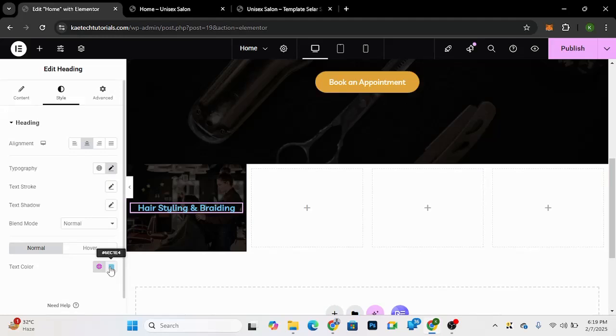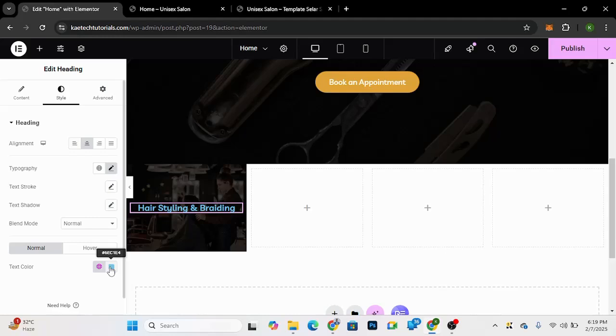All right, but when you hover on it, I want it to be a different color. So when you hover on it like this, I want it to be the color that I saved, the orange color that I saved, this particular orange color over here. So when somebody hovers on it, this is how I want it to be. Okay, so I'm going to go to advanced,